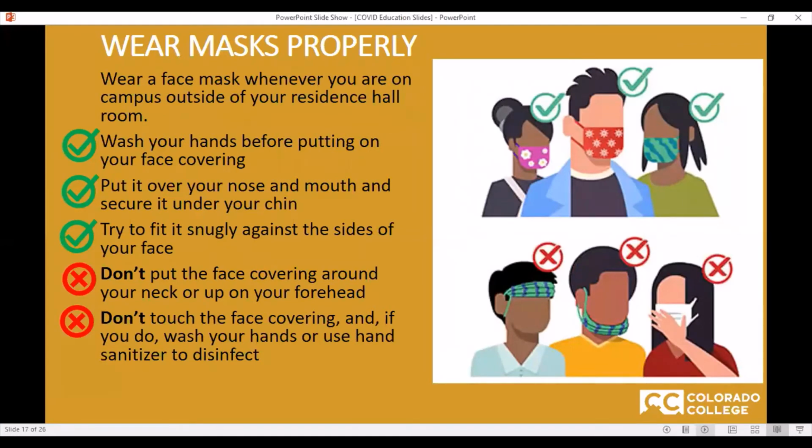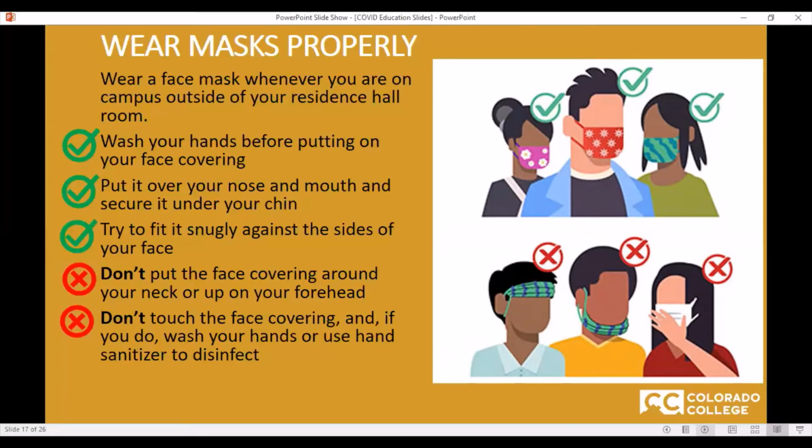Wearing masks is now a key part of preventing the spread of COVID in communities. As you're probably aware, wearing a mask primarily protects the people around you. So wearing masks at CC is an important part of the way we can show our care for one another. Students are required to wear masks outside of their bedroom if living in the large halls and small houses, and outside of apartments if living in campus apartments. Staff and faculty are required to wear masks whenever they are on campus, unless they are by themselves in a private office with the door closed.